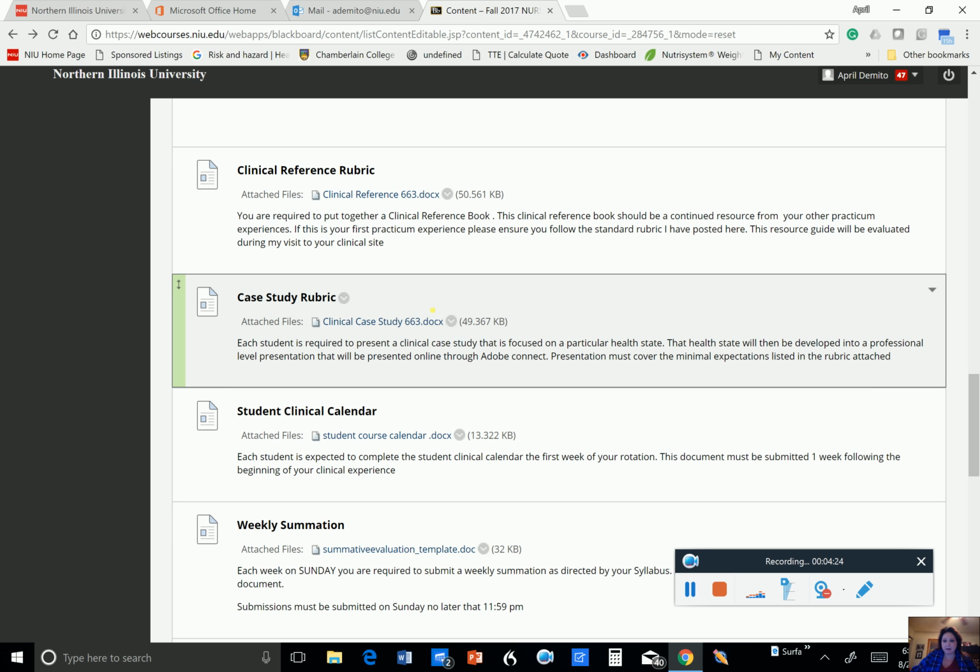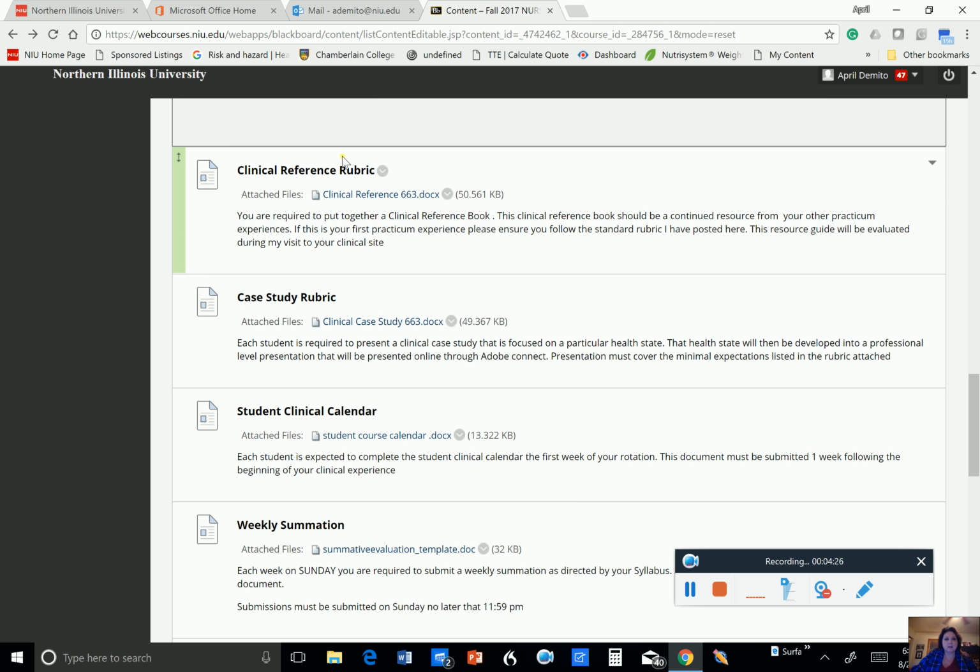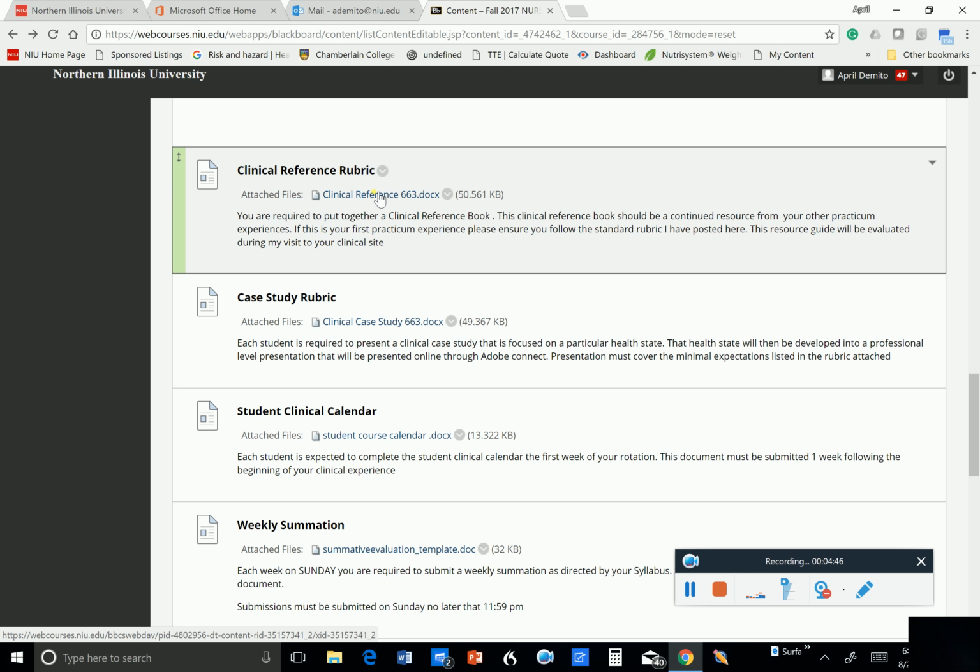And here we have the clinical reference rubric. So with this one, you are expected to put together a book. And I'll tell you what, in other classes that I teach, I advise nurse practitioners to start this right from the beginning. Whatever works best for you is fine. When I was in school and as a new nurse practitioner, I'll show you, I had a book about this size. And I would write down treatment plans that I saw used in practice, because as I was speaking to some of you yesterday,